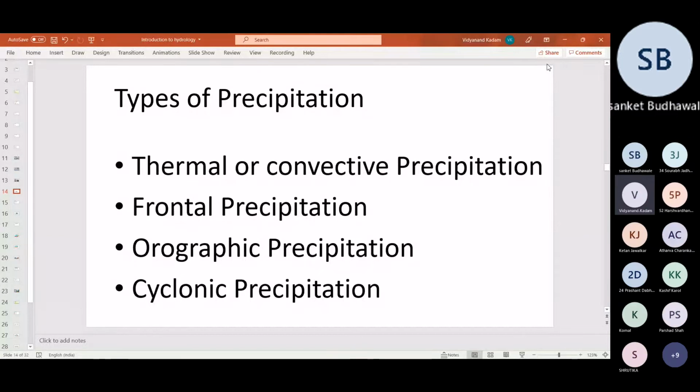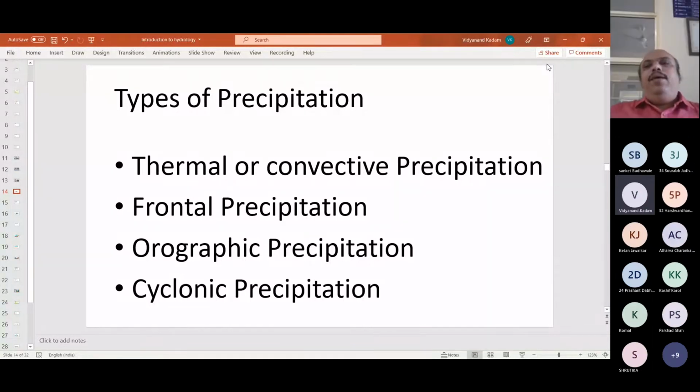Okay, so in today's lecture, we are going to learn about types of precipitation. Yesterday, we discussed how precipitation occurs, and now you know that precipitation takes place due to various meteorological factors. Due to solar radiation, evaporation takes place, and due to evaporation, water from various surfaces is converted into